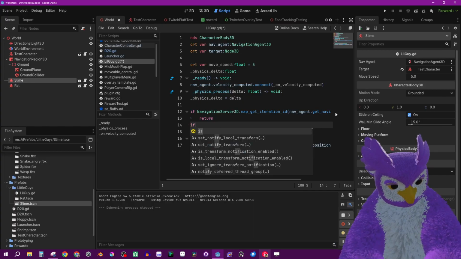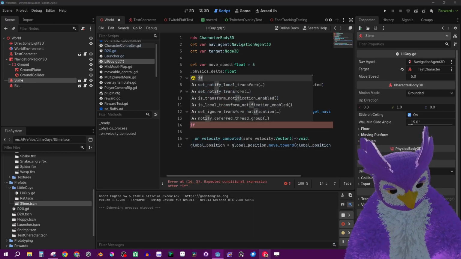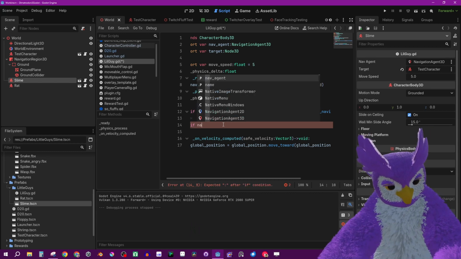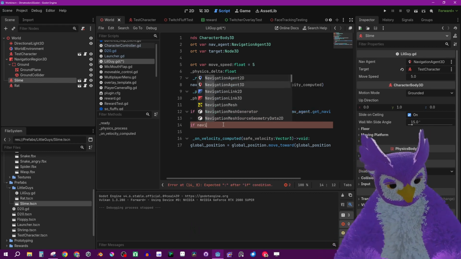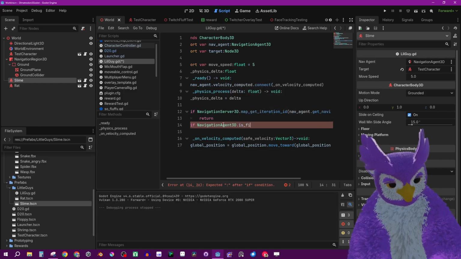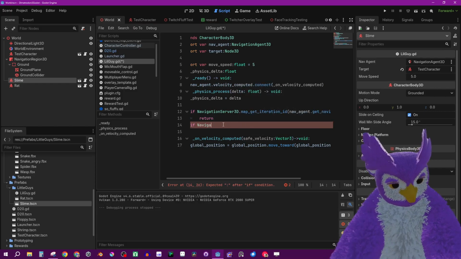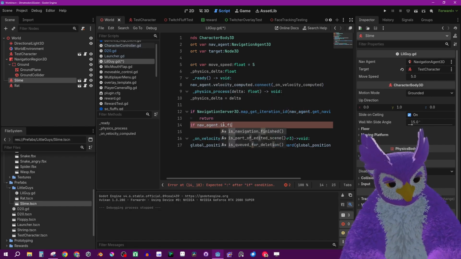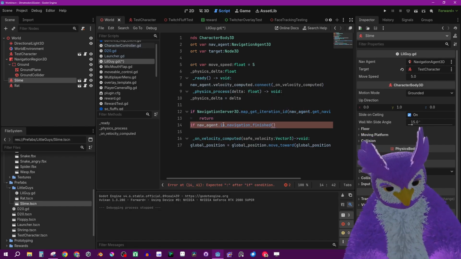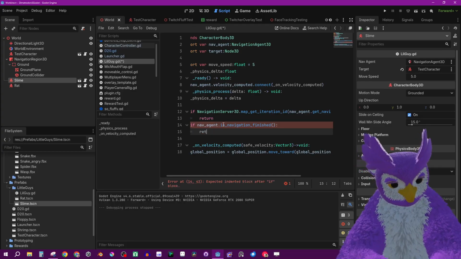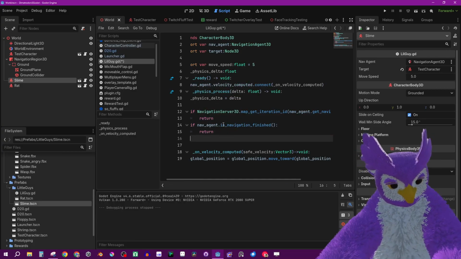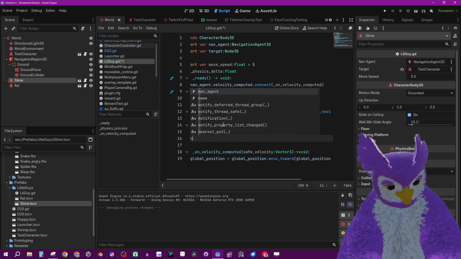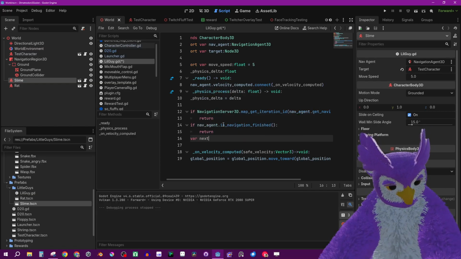And then also if navigation agent is finished, nav_agent.is_navigation_finished, return, otherwise next path